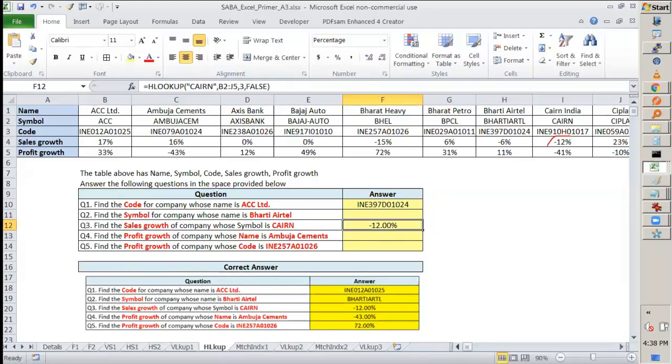Right? So always remember, just like VLOOKUP had the criteria that whatever the range you have given to be searched, the value to be searched should be in the first row. This B2 to J5, you cannot select this. In case of VLOOKUP, it was first column. In case of HLOOKUP, it will be the first row. Okay.